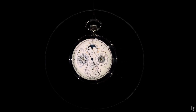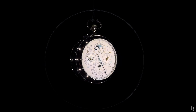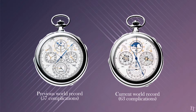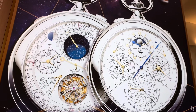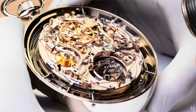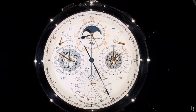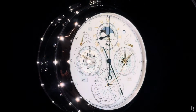The Berkley Grand Complication was named after its commissioner William R. Berkley, who is a collector of pocket watches and also the owner of the previous world record piece with 57 complications, also created by Vacheron Constantin. The realization of such a project like this hinges on a relationship of mutual trust between the commissioner and the expert watchmakers at Vacheron Constantin. Together, they were able to push the limits of feasibility to complete what you could describe as a Herculean task